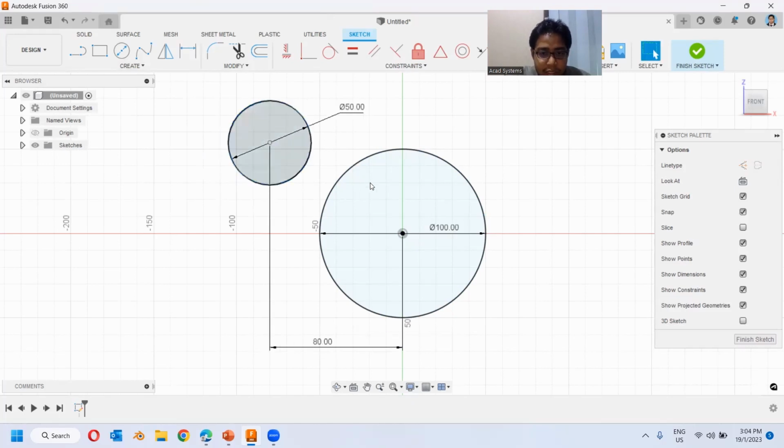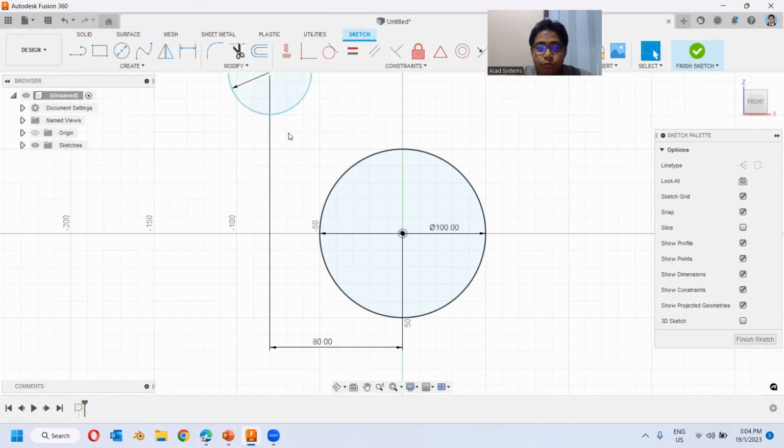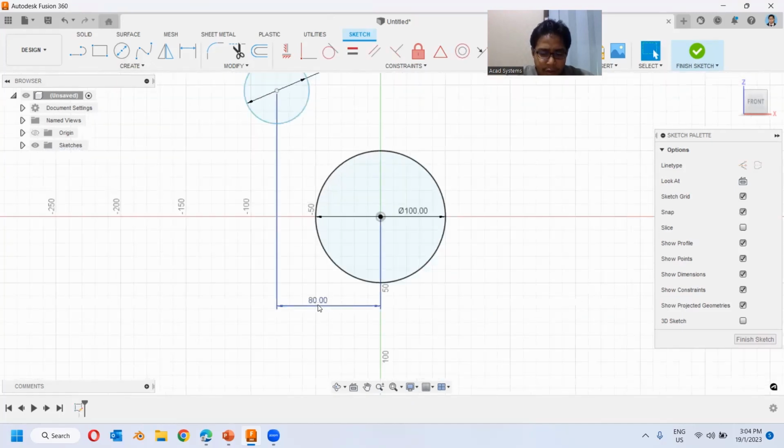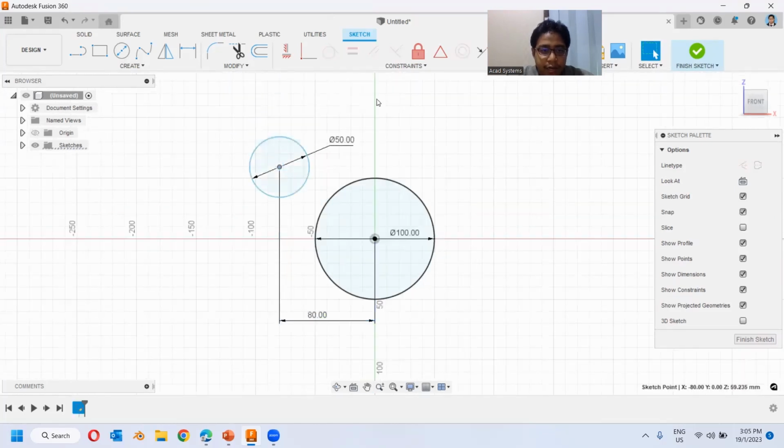So the distance between this and this point, which is around 80. So you need to create it at the origin point over here. So you need to have a link to the origin point. Only then will it go fully constrained. But this one's still not fully constrained, but we can no longer move left and right because we have input the value of 80 over here. So if I add another one for the height,